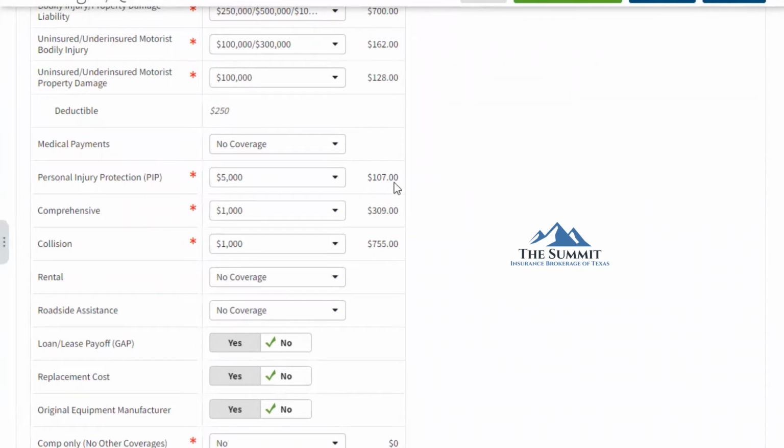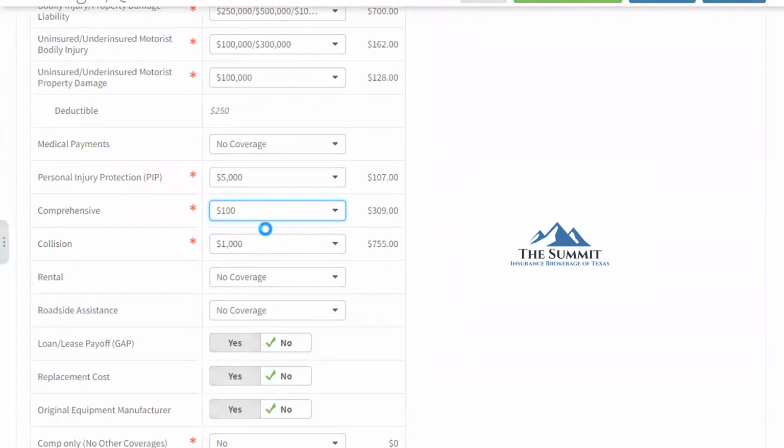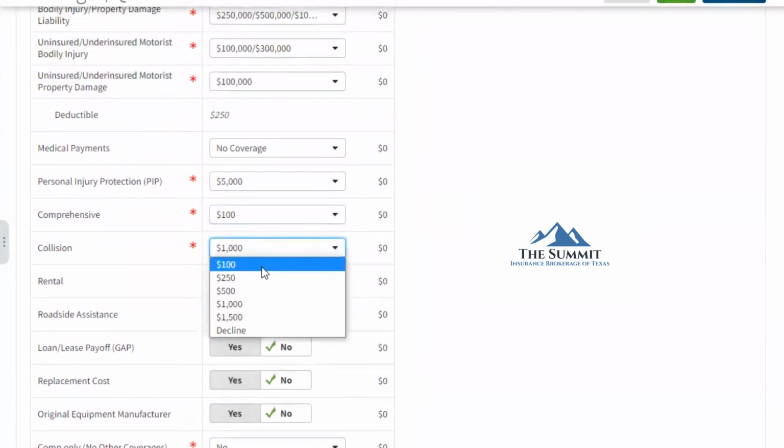About 10 years ago, and I think there's still a couple carriers out there, if you went to a $0 deductible, they would actually list comprehensive and collision as full coverage, because you didn't have a deductible. So it's been kind of a carrier specific term, and that's bled into